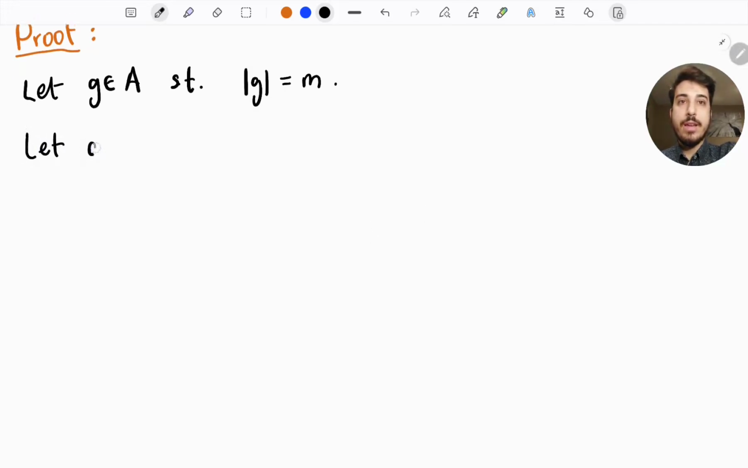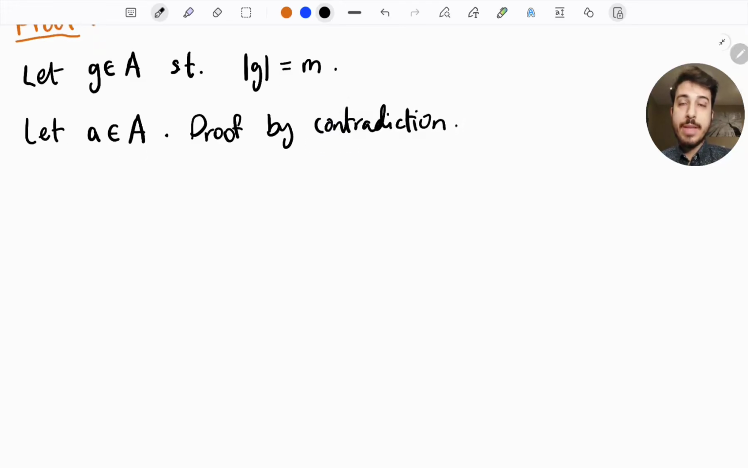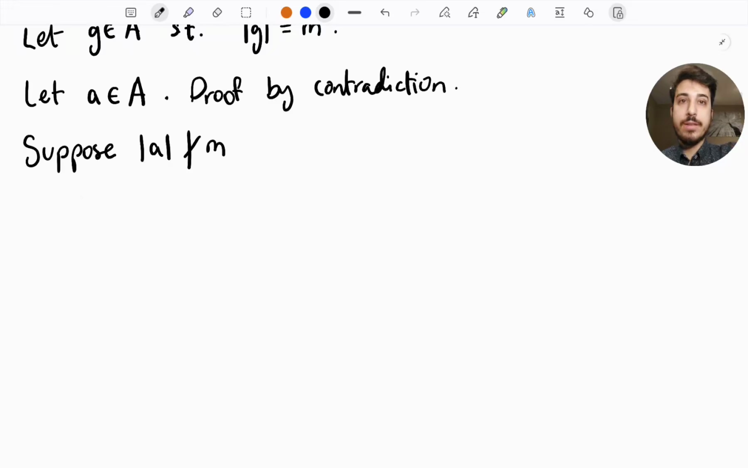So let a be another element in A. The proof will be done by contradiction. Suppose now that the order of a does not divide M. We want to arrive at the contradiction using that supposition, which will force us to say that in the end, the order of a does divide M. So having supposed that,